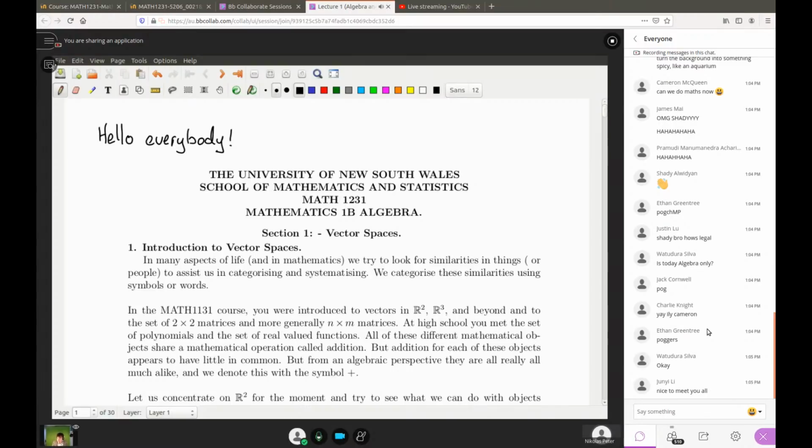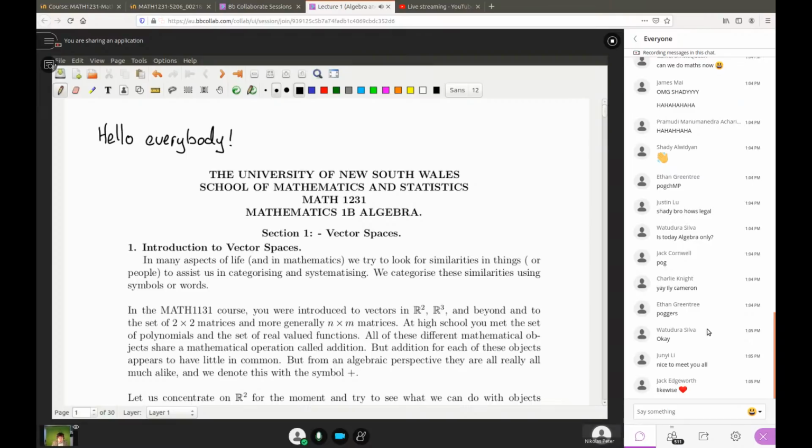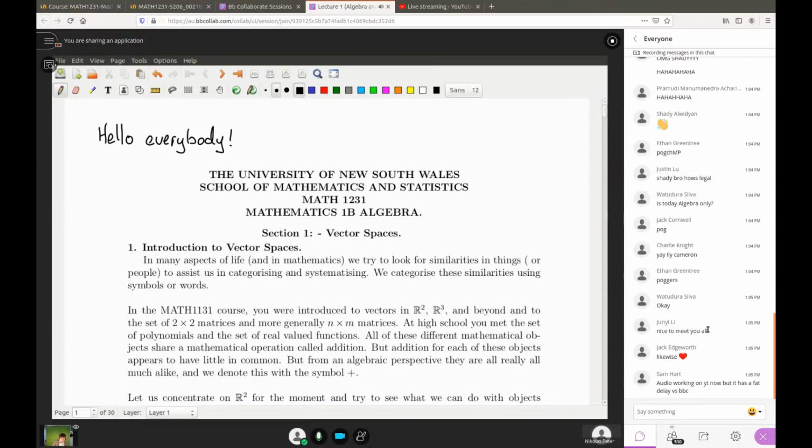Math1231 is very similar in structure to Math1131. Most of you will have done that. But just in case you need reminding or you haven't done that, there's exercises due on Maple TA every week, and you can access those through Moodle. There are the lecture notes. Now you can buy the lecture notes, but don't buy the lecture notes. Just go to Moodle and download them for free. There's a PDF which has everything you could possibly need on it.